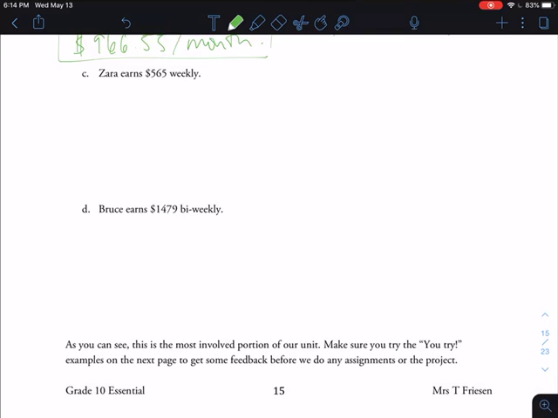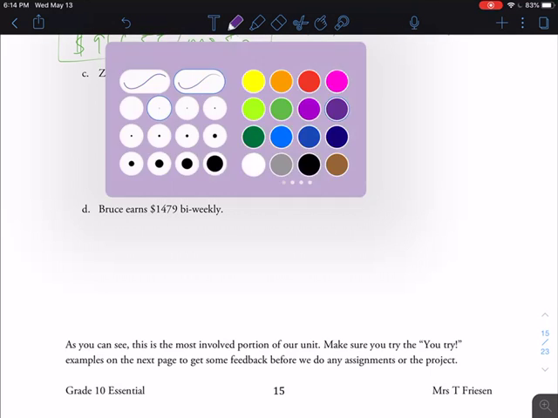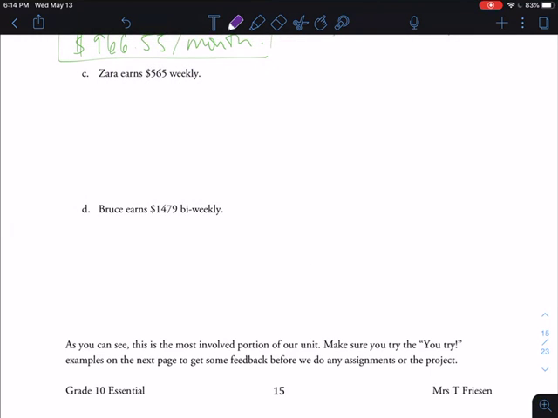Okay, so let's take a look here at Zara, who earns $565 weekly. Now, this is a big thing. Do not just multiply this by 4 to find a monthly amount. Remember that there are not always only 4 weeks in a month, so you can't always multiply by 4 to get the monthly salary. So what we have to do here is multiply by 52 to get the annual salary,